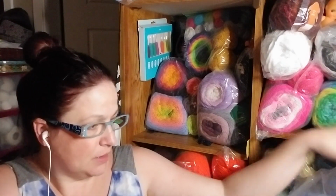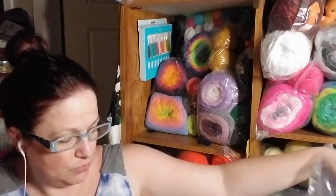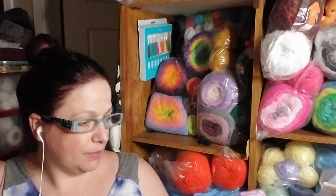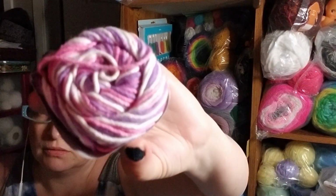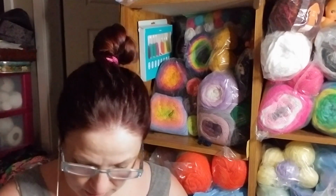I got yellow, and I got green here. I'm so out of red, which is whatevs. I'm not a huge red fan. I like my blues. So, let's see here. This is the color that I did my middle daughter's in. So, this color is out. And I think I'm probably going to end up putting them into